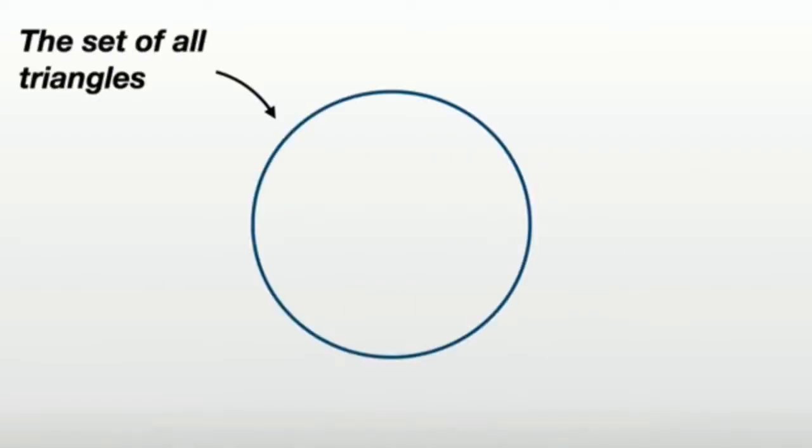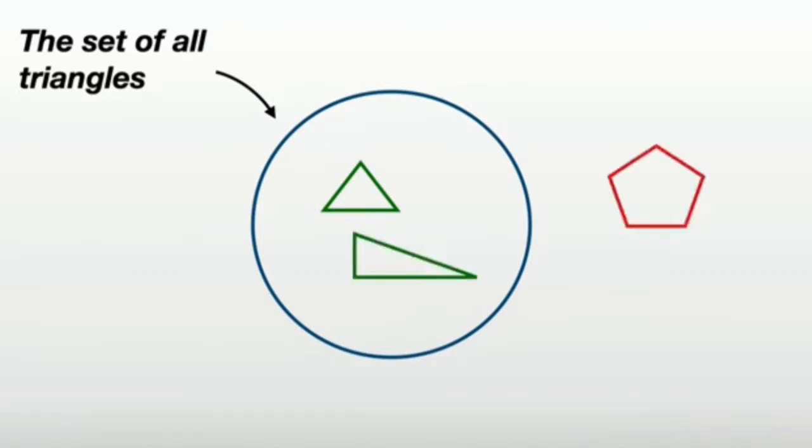Consider the set of triangles. We can unambiguously state whether something is or isn't in this set. This is in, so is this, but this shape isn't. It's not a triangle. This lack of ambiguity in what is or what isn't in a set is foundational to